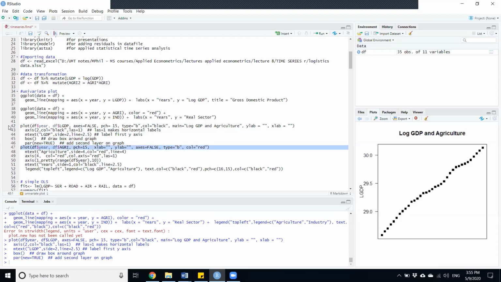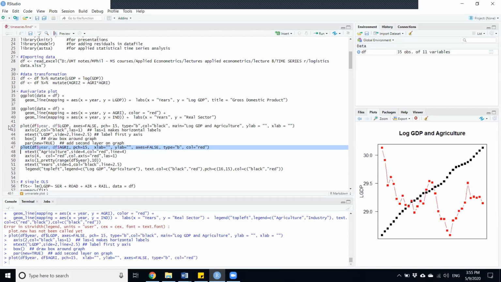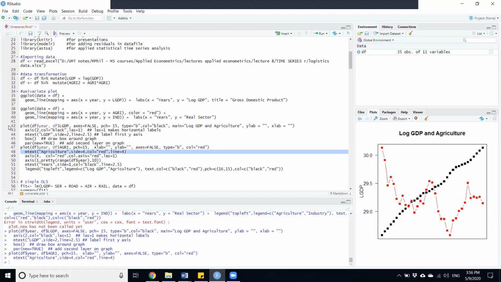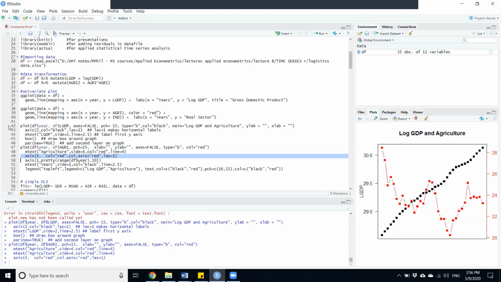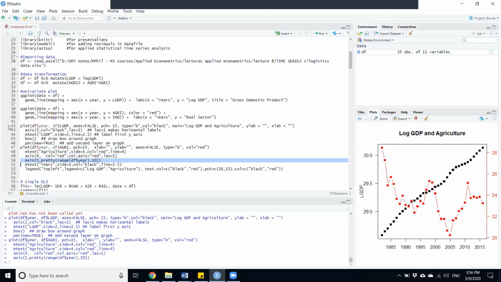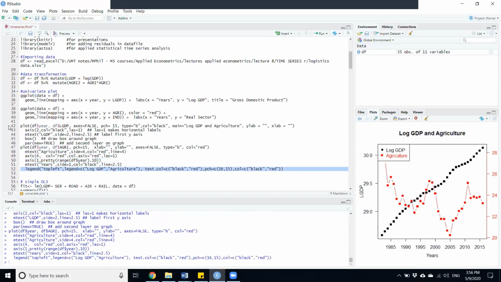So plot df$year, comma df$agri, and all the things are there. So it is an agriculture graph, and I will add a text on the other side. So let's open it up. So axis 2, so it's shown here. And then I need to add the y-axis and x-axis and its name, and then add a legend.